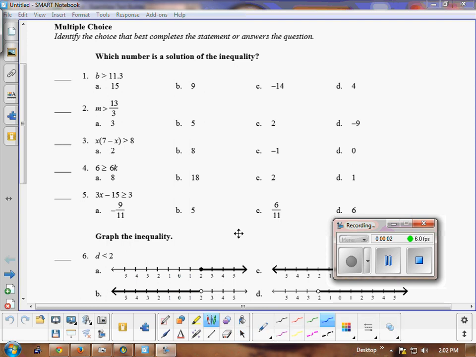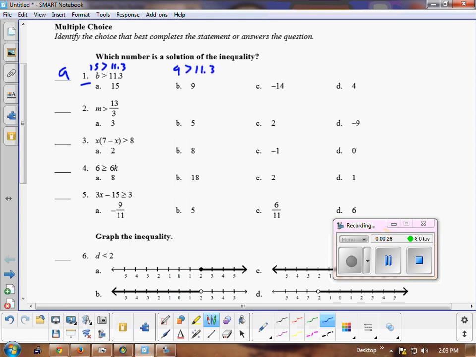Okay, this is a quiz review for the first quiz of Chapter 4. We're looking at question number 1, and it wants to know which one of these is the solution. So let's just test right away. If I put 15 in for B, 15 is greater than 11.3. Right away I have a true statement, so that is correct. If I check 9, 9 is not greater than, so that is not true, and the other ones aren't true